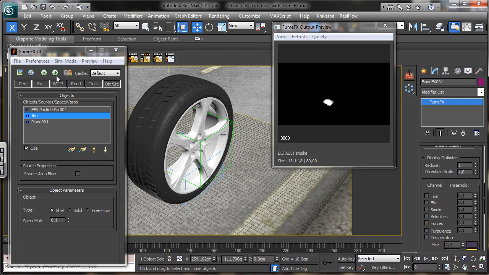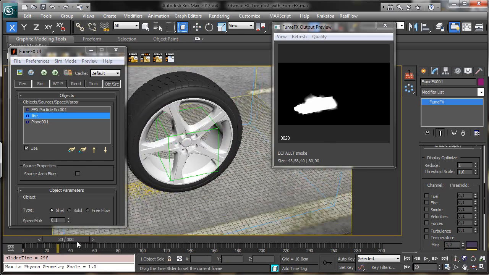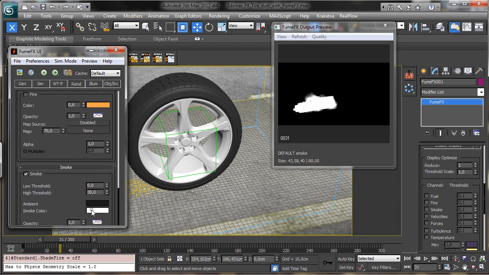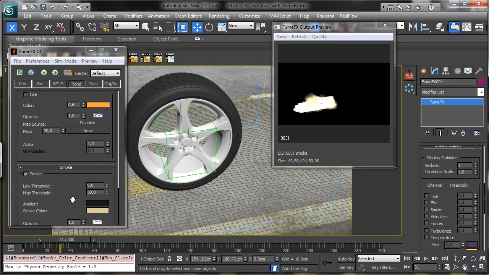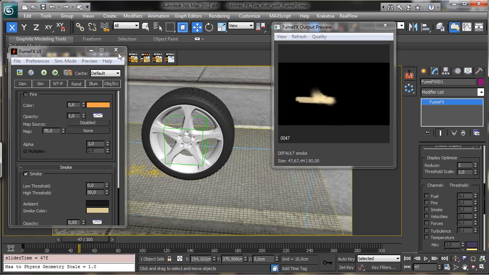Okay, then let's go there inside the render. Let's remove fire because we have no fire. And there I'd like to have just one color, so right mouse button, keyless mode, and we can go for a dust color, something like that, and we can have less opacity, you see, something like that, really simple. Okay,